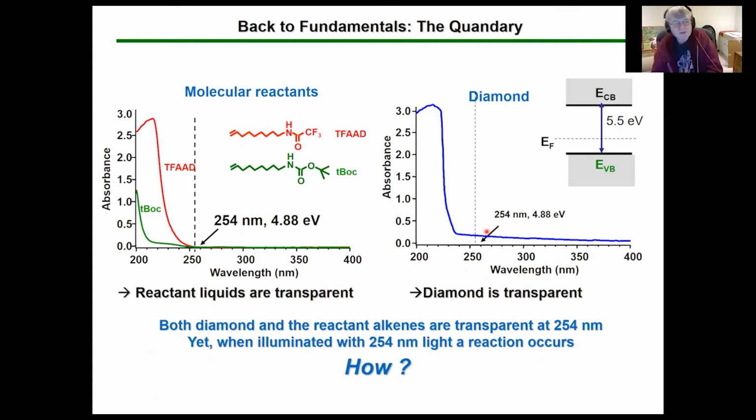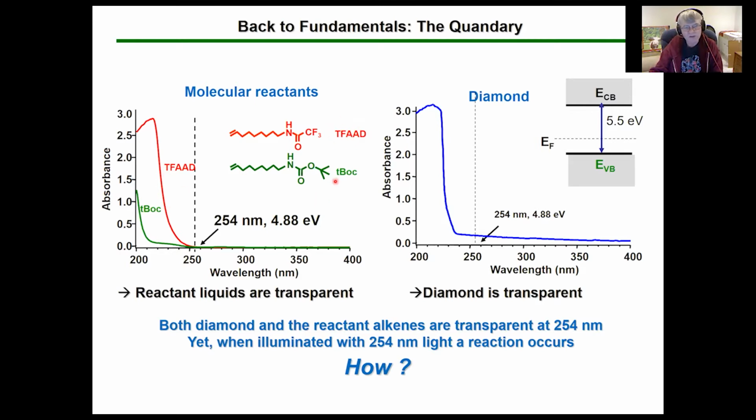Okay, now I mentioned this was the experiment that the student did and really shouldn't have worked. And here's why the experiment shouldn't work. Normally, when you do photochemistry, you think that something has to absorb light. And yet, if you look at the reactants, here's the one that I said was kind of this magical molecule